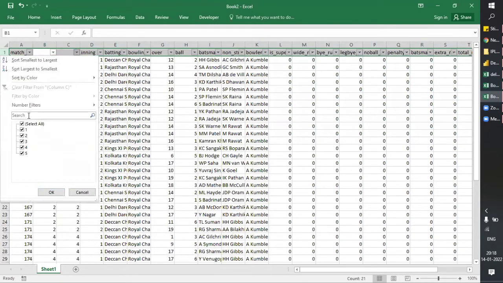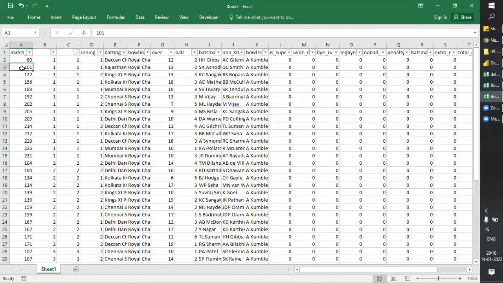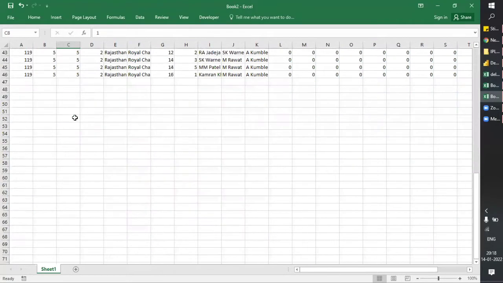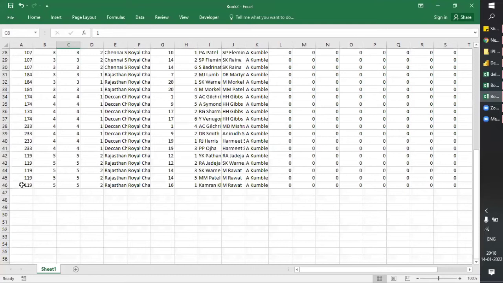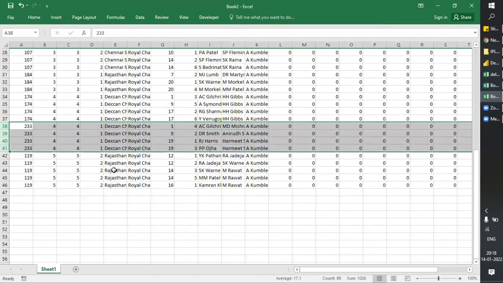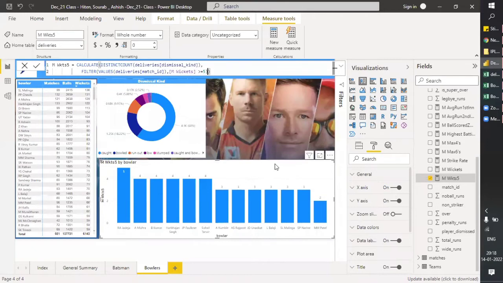Let's arrange this in ascending order. Now it should be fine. It's only showing once. Why is it showing only once? It should be fine.